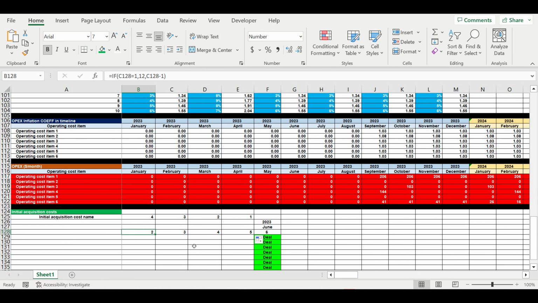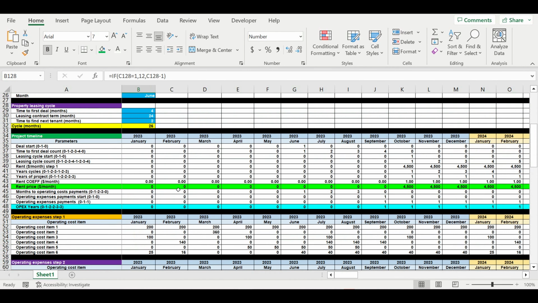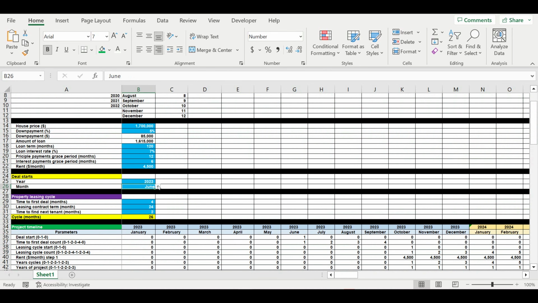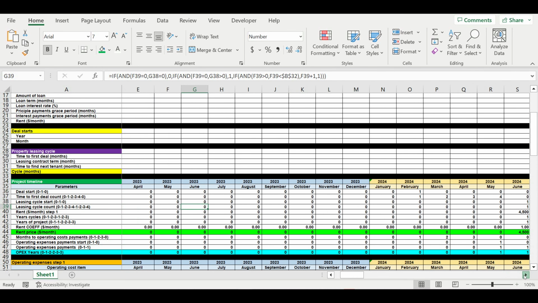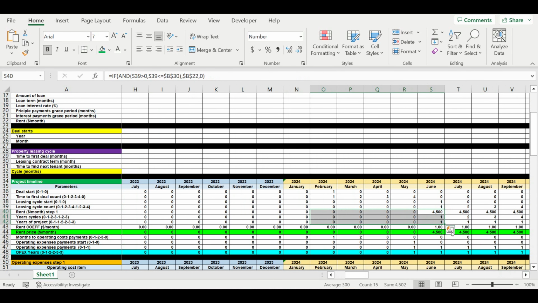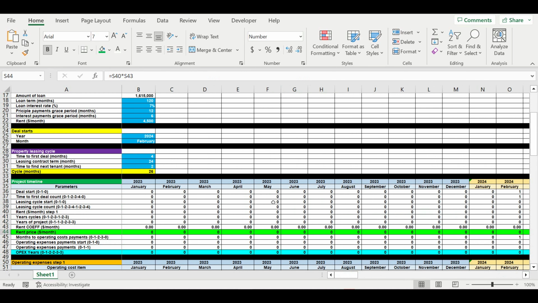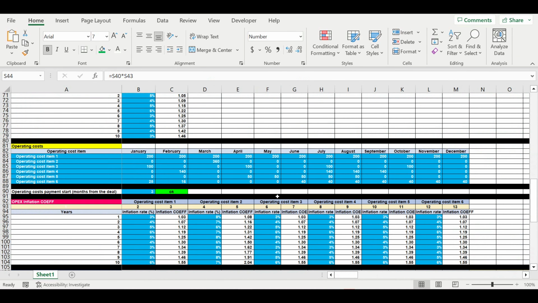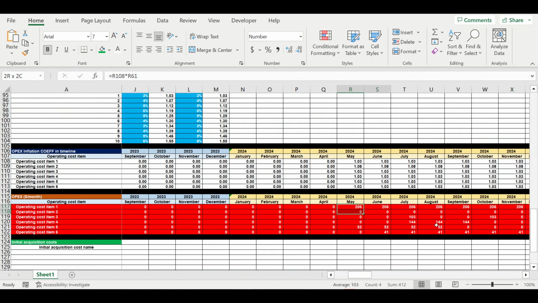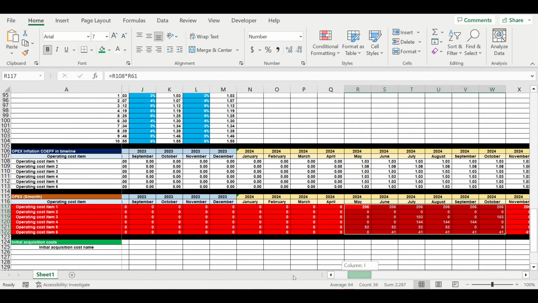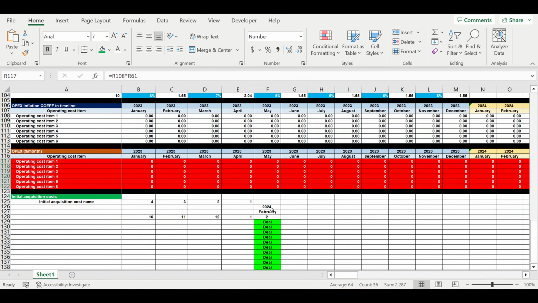So for example, if we start the project in February 24, by the way, we can see how easily our project can be displaced. So the revenue automatically displaced, all operating expenses are displaced. So this is the February 2024. This will be January, then December,